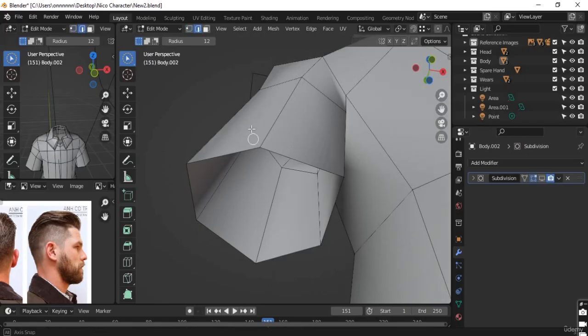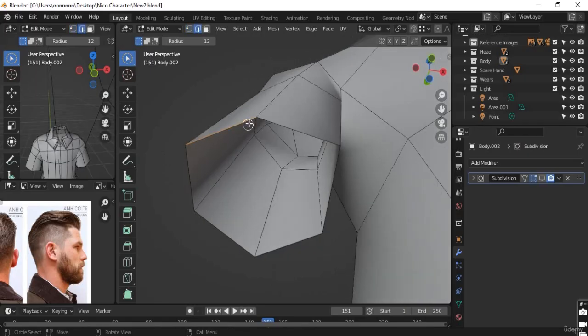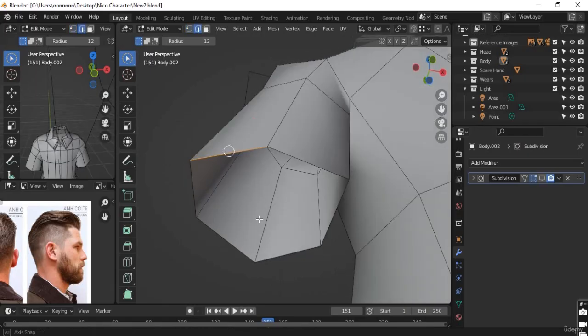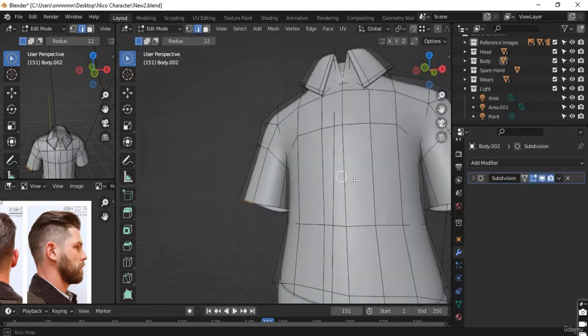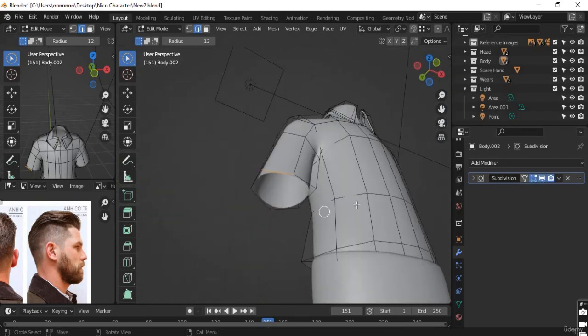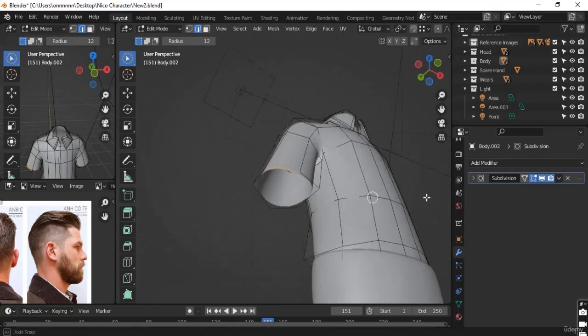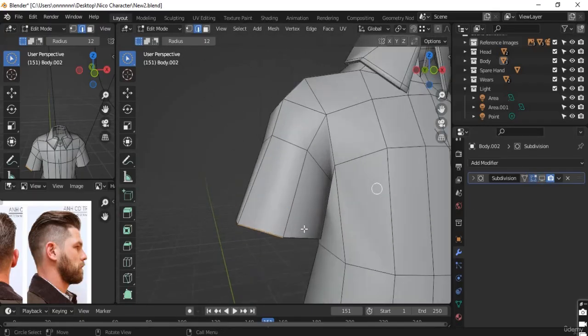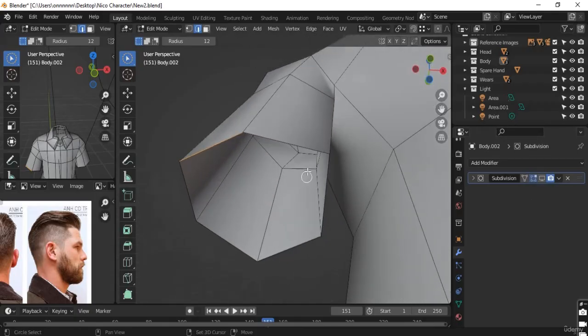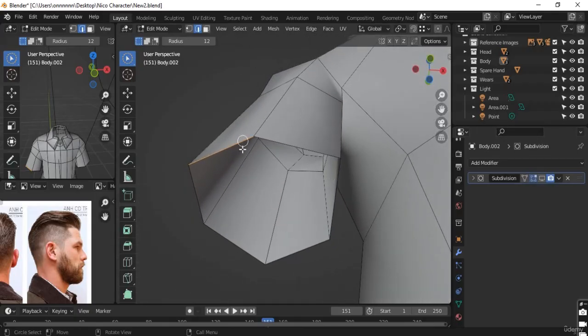Then I'm gonna go to the edge loop. Now I'm gonna add a little bit of thickness around this area. Of course you could leave it this way, but somehow if the camera goes this way around the character, it starts to look a little bit odd. So that is why I'm gonna make some additional changes to this area of the shirt, because a real shirt is never this sharp. So I'm gonna grab this edge loop,